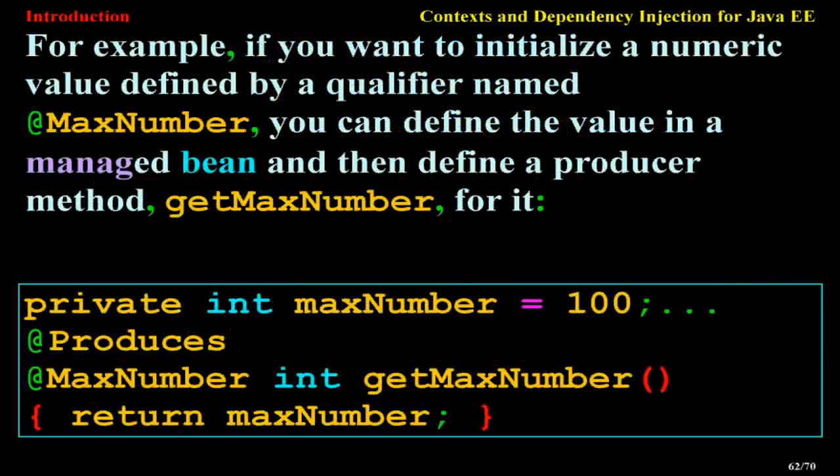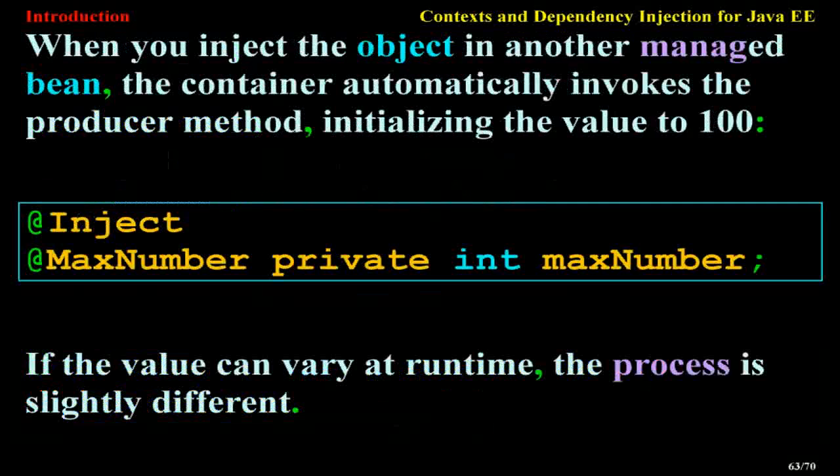For example, if you want to initialize a numeric value defined by a qualifier named MaxNumber, you can define the value in a managed bean and then define a producer method, getMaxNumber, for it: private int maxNumber = 100; @Produces @MaxNumber int getMaxNumber() { return maxNumber; }. When you inject the object in another managed bean, the container automatically invokes the producer method, initializing the value to 100: @Inject @MaxNumber private int maxNumber;